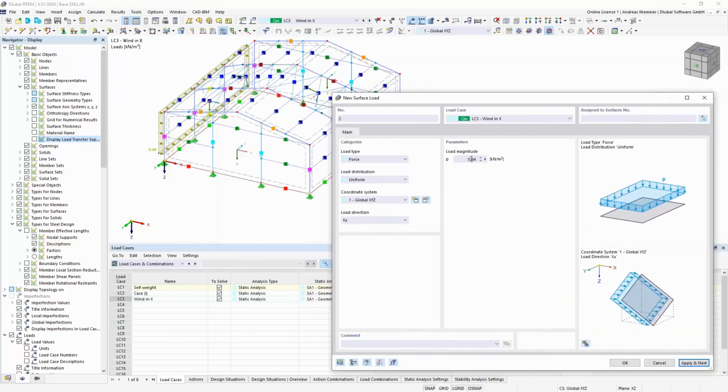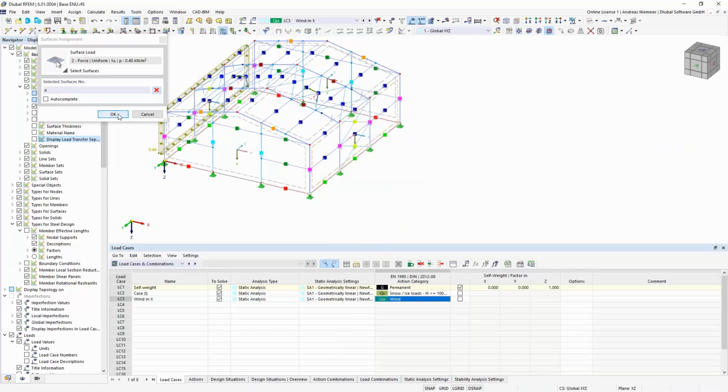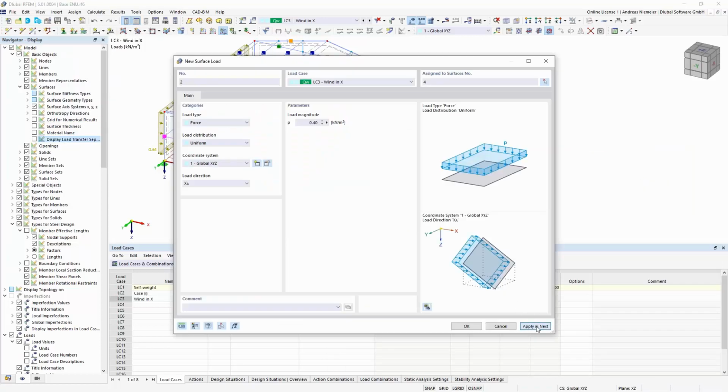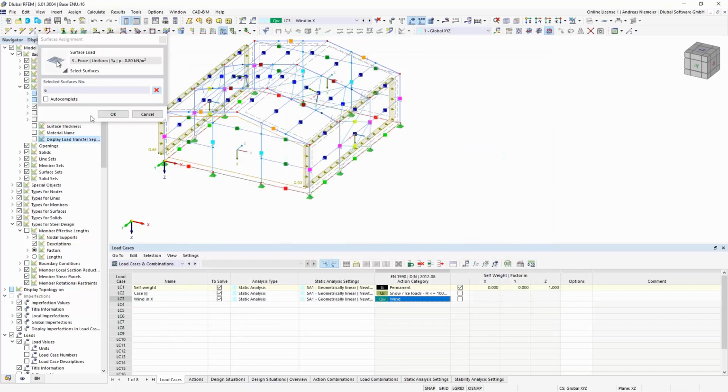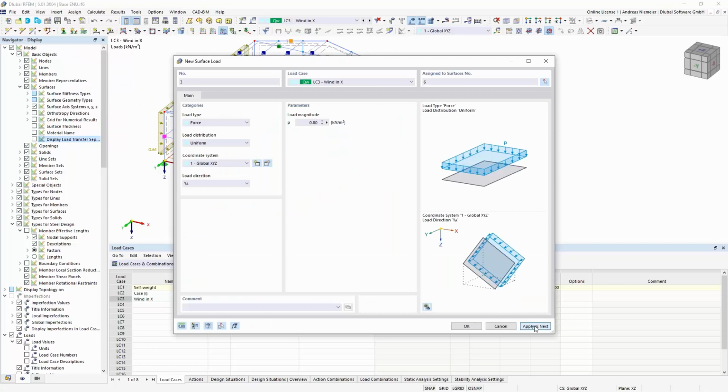Then we can take the suction with 0.4 for example, it's this side, and confirm it. Apply next. Then the outer suctions in Y direction with the size of 0.8, and here to this surface, and okay, and apply as next.